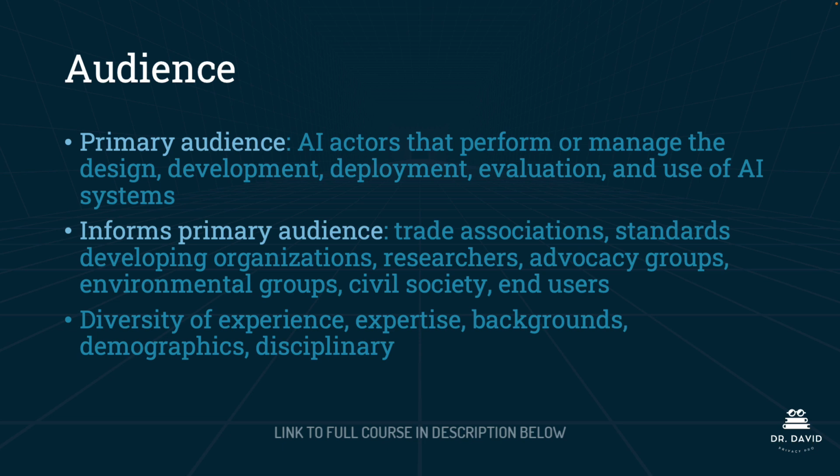This includes trade associations, standards developing organizations, researchers, advocacy groups, environmental groups, civil society, and end users. Of course, as we've already said and will continue to say throughout the course, it's important that any AI governance body incorporates a diversity of experience, expertise,